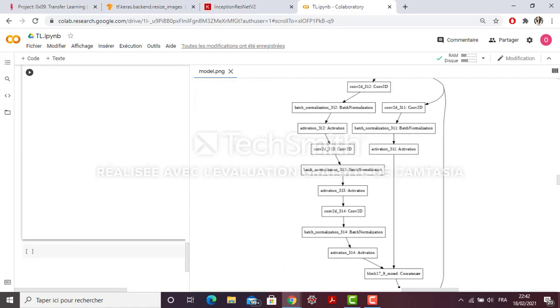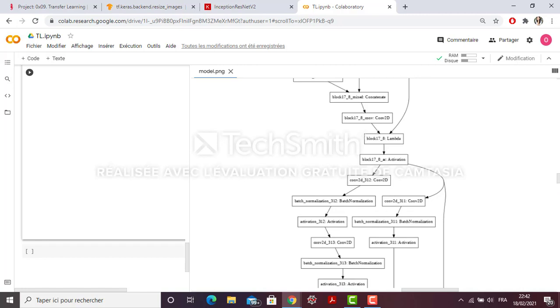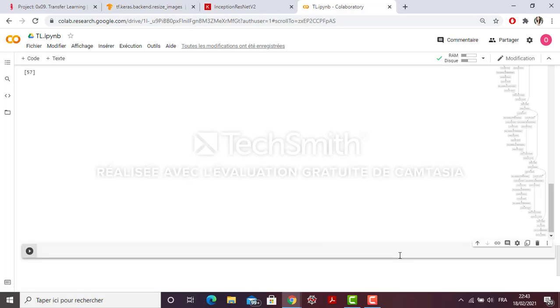For example, we want to unfreeze block 78. Now you want to see what is the number of layer of this block. To do this, I'm going to do a loop over the layers.